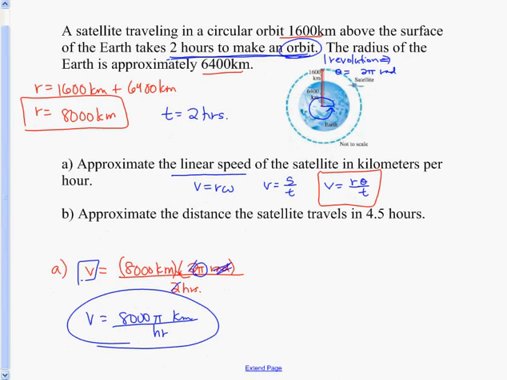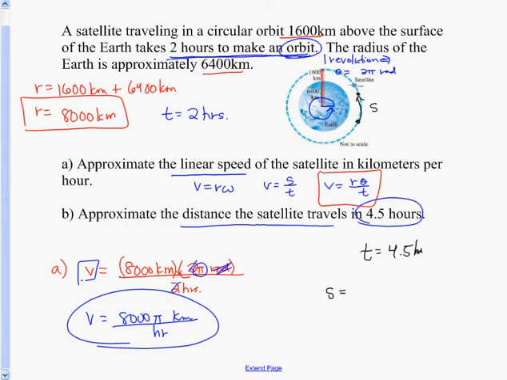Alright, part B asks you to approximate the distance the satellite travels in 4.5 hours. So I have a new time. I've got 4.5 hours, and I want the distance it travels. The distance, like if it started here and it ended here, the distance it travels, can you see that that's arc length? So, arc length is given by,